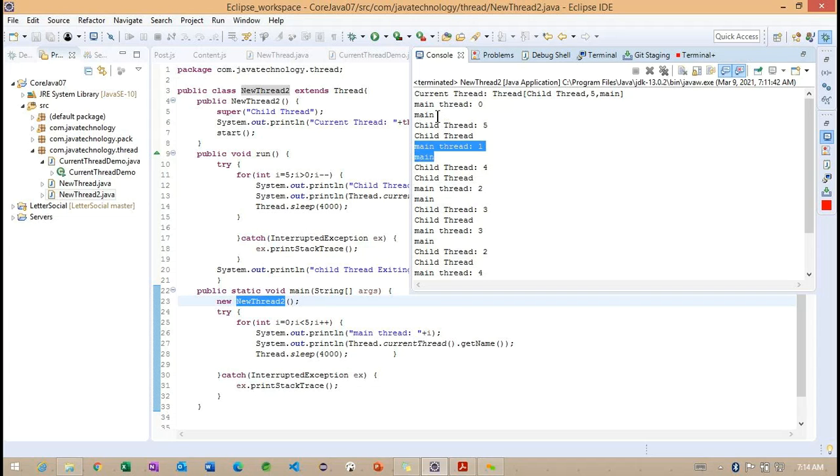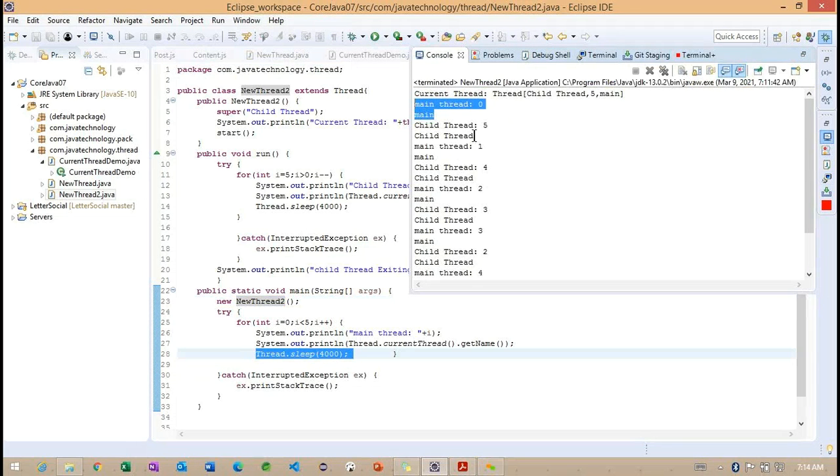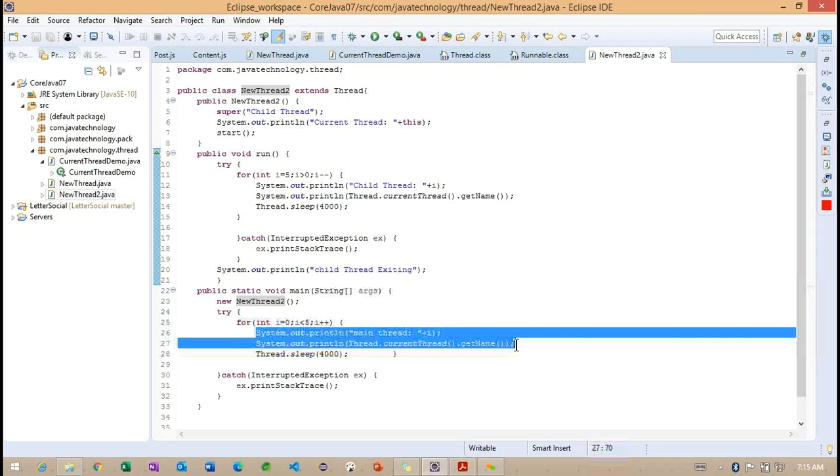Observe carefully, the main thread is executed, and we made the main thread stop for some milliseconds here. Meanwhile, the child thread is executed. And observe, the child thread we also stop for some milliseconds, and meanwhile the main thread is executed.